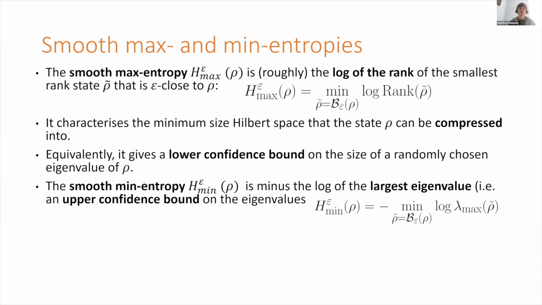Are there situations where it's smaller for any epsilon? Yeah, so if you hold the state fixed and take the limit as epsilon goes to 0, then you'll recover h max, which is just the log of the rank of the state. If you make epsilon smaller than the smallest eigenvalue of the state, of course, rho may have infinite rank, right? If it's some thermal state on an infinite Hilbert space or something. So in that case, as you make epsilon smaller and smaller, this will just get bigger and bigger.